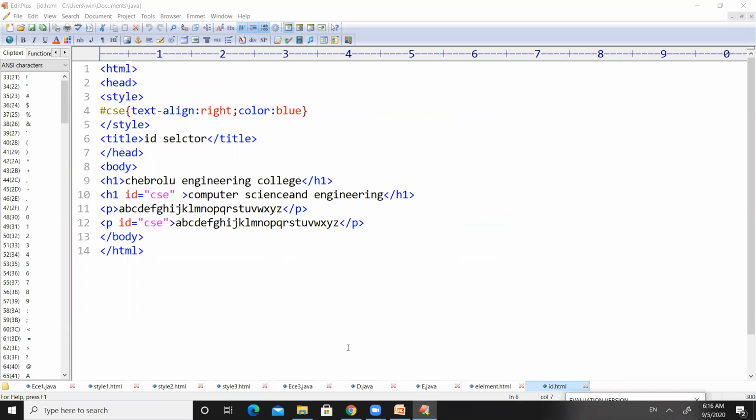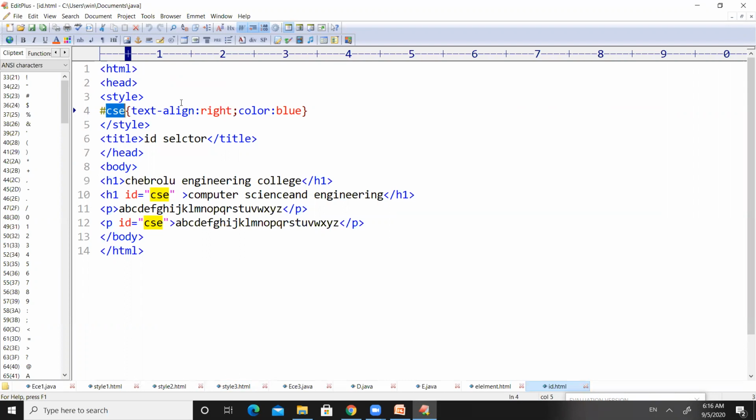This is the program we saw for the ID selector. If you observe the program, we have defined a hash symbol followed by an ID name. The ID name is CSE. Whenever we make use of CSE, all the styles within CSE will be automatically applied to that particular element.